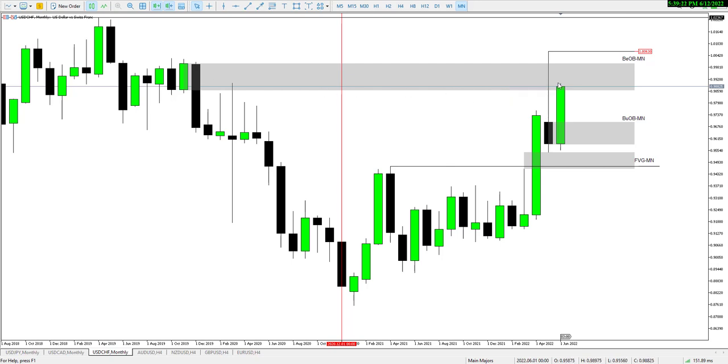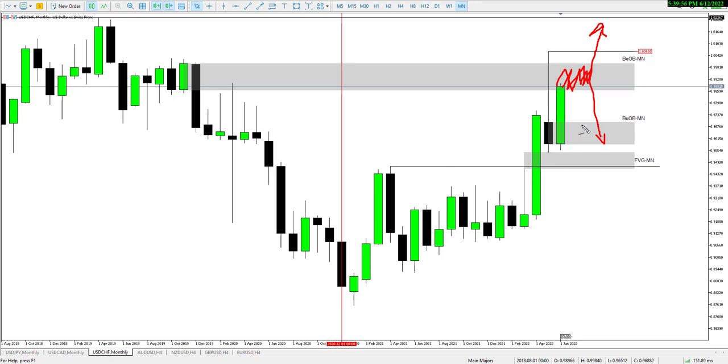But as it is right now, I don't see this premium array providing any resistance to price. Yes, price might consolidate, right? Price might consolidate inside this structure before a push to the upside. But if it's a case that we get a dovish Fed forecast, then we can have a consolidation before another move to the bullish order block here, because that will be